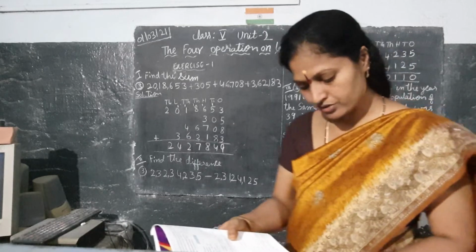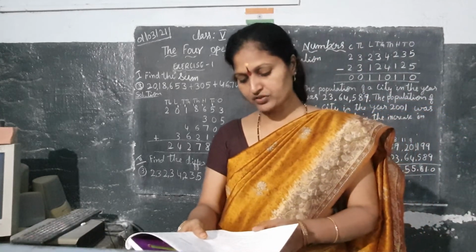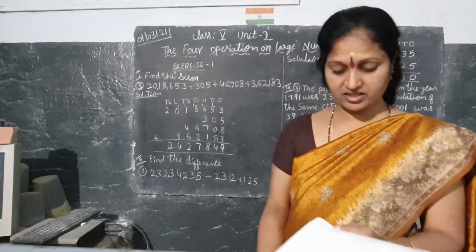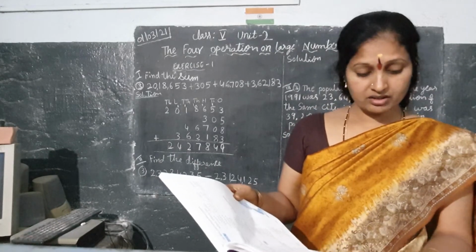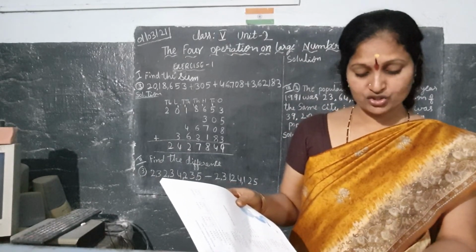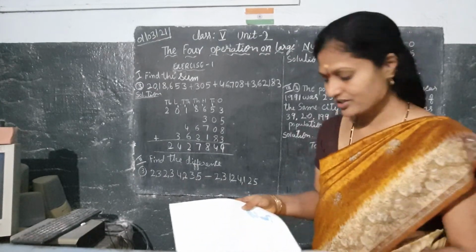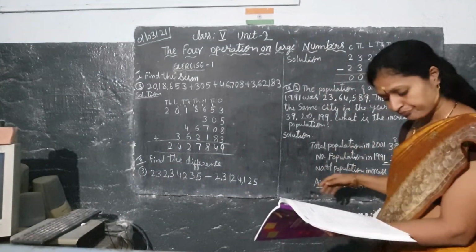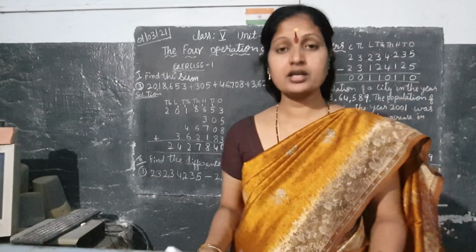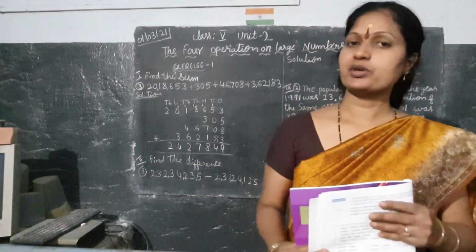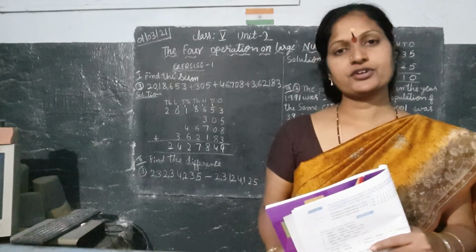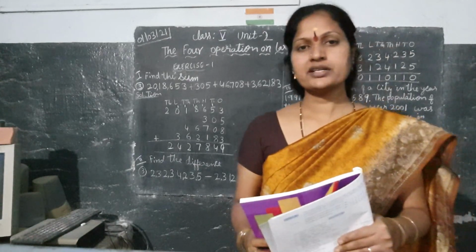Okay, last sum also. The annual expenditure of the company 5 years back was this much. Then the annual expenditure this year was rupees this much, children. What is the increase? Same, these steps only we have to do, children. Okay, are you understood, children? If you have any doubt, call me. Otherwise, come to school. I will explain for you, children. Next class we will meet. Thank you, children.